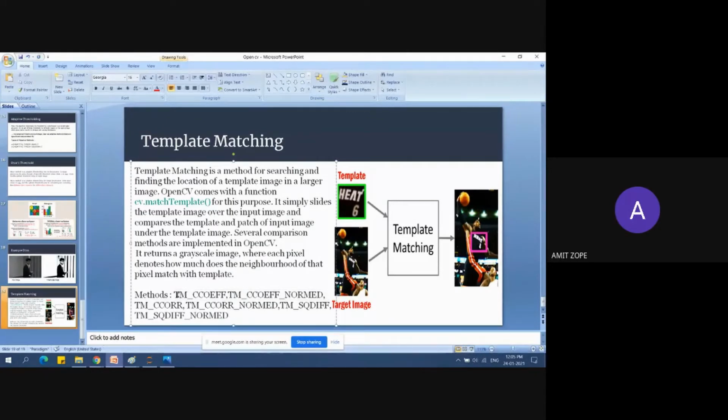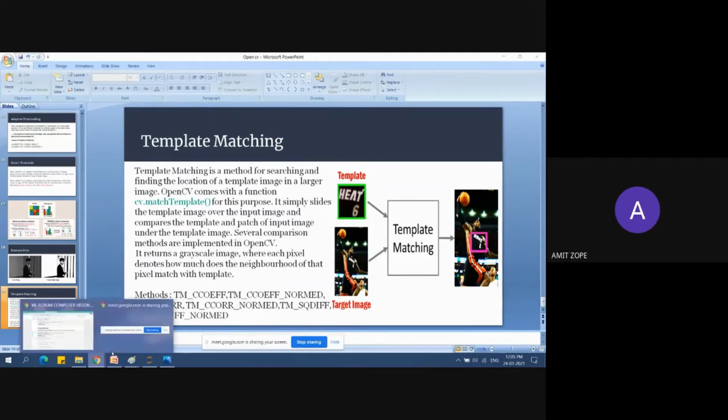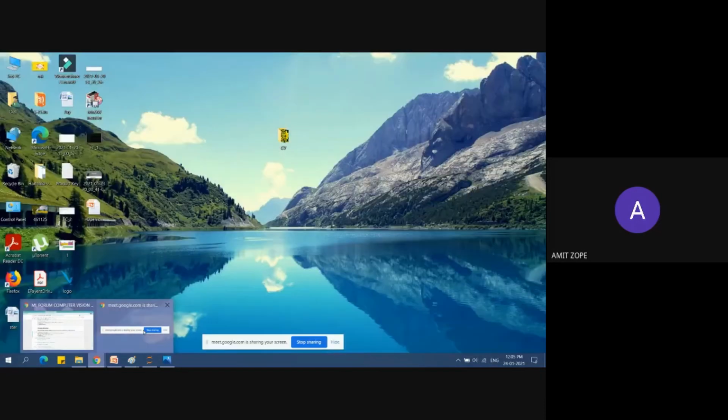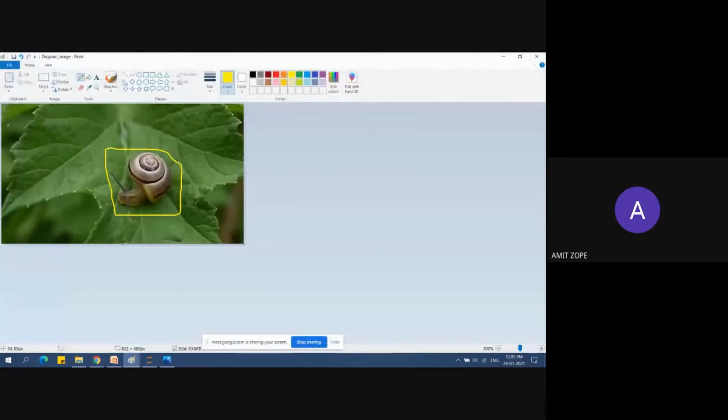Template matching also has techniques which calculate how well there is a match, and there is quite a bit of maths behind these functions. What the technique does is take the template and slide it over this image, going all the way until here.